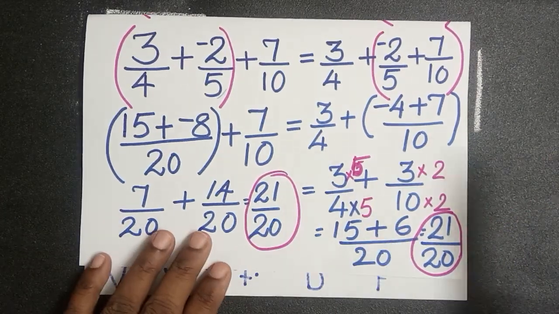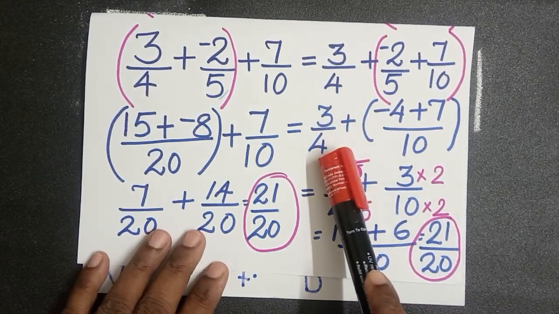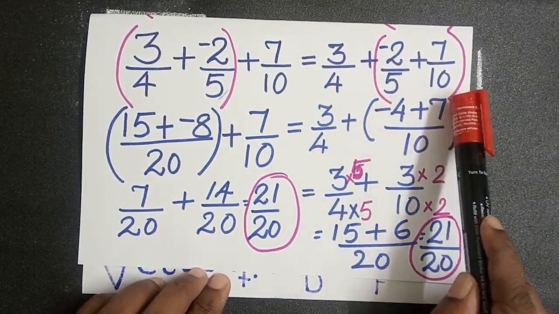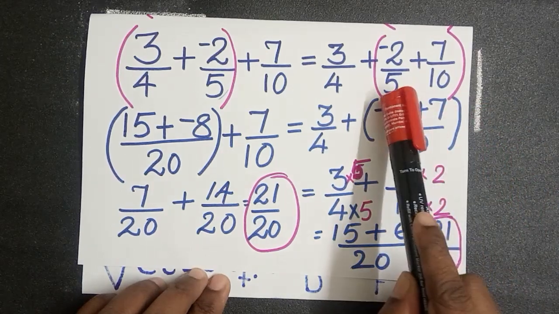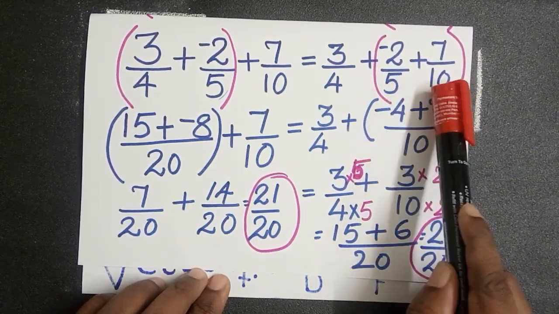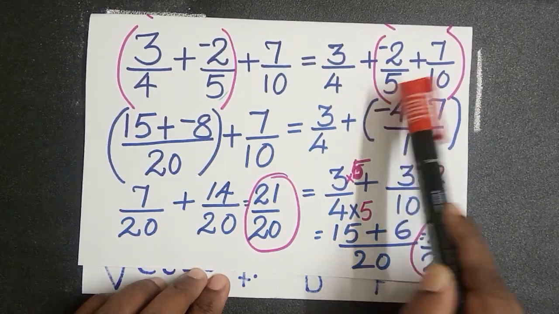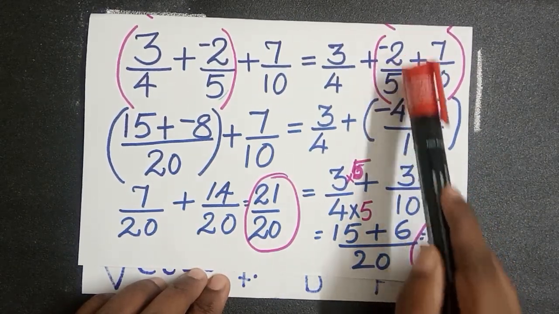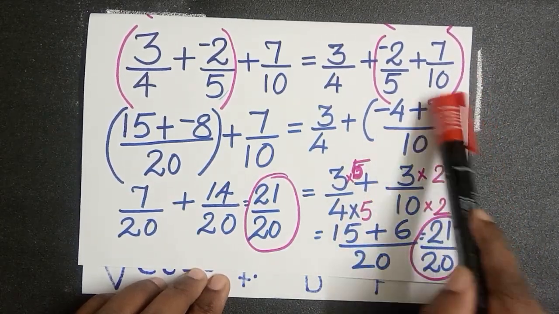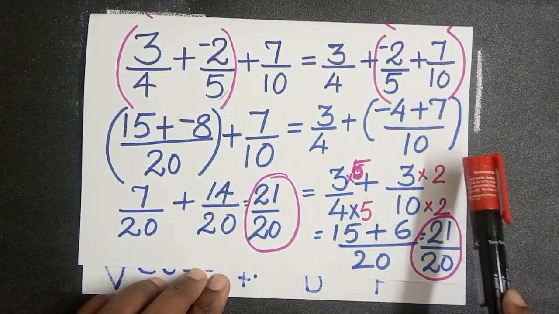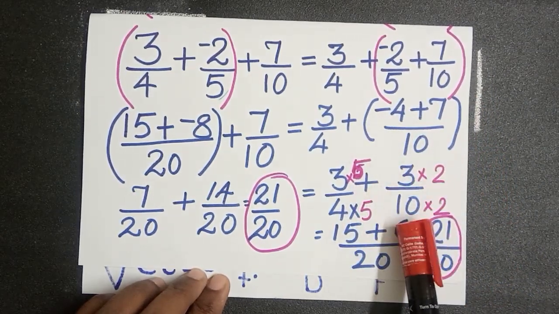Now let us see the other side. What we did, first rational number we kept as it is. Second and third we added after finding their LCM. So what is the LCM of 5 and 10? 5 2s are 10. So here 10 is the LCM. 5 2s are 10, so multiply here by 2. 2 2s are 4. 7 as it is. So when you operate this, you will get 7 minus 4, that is 3 upon 10.